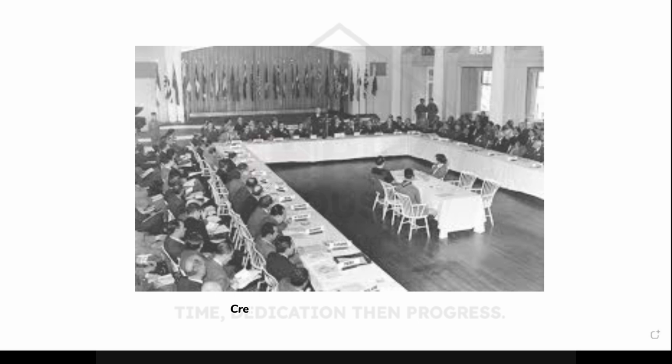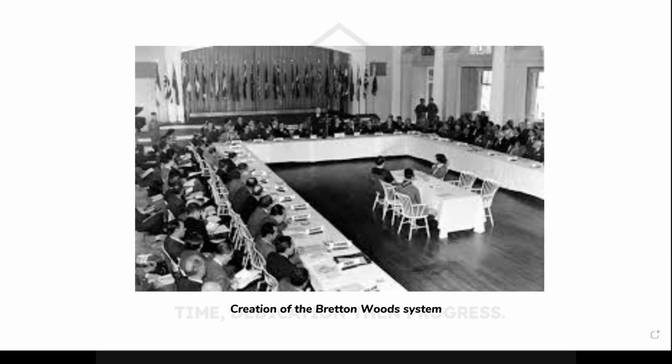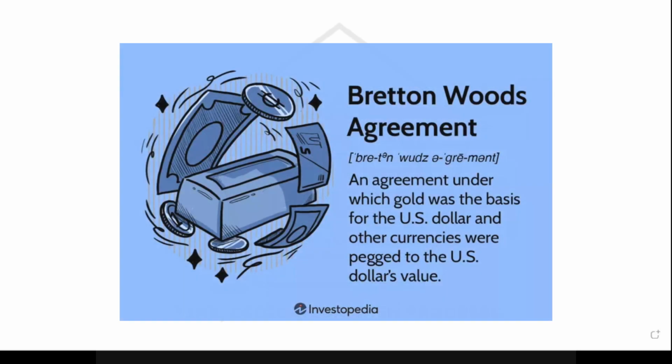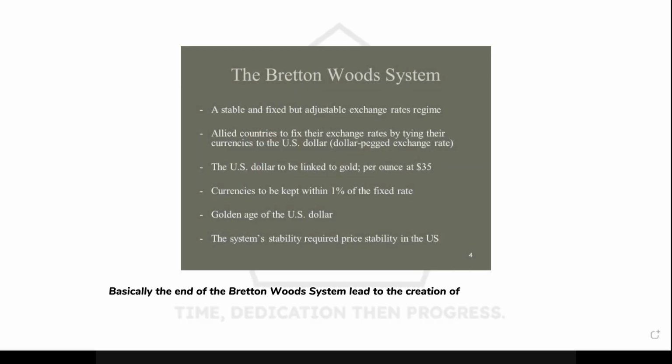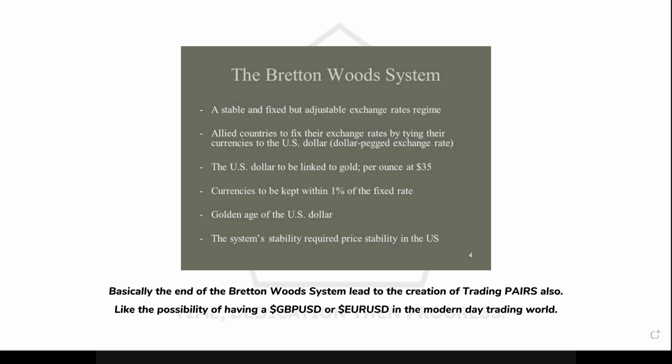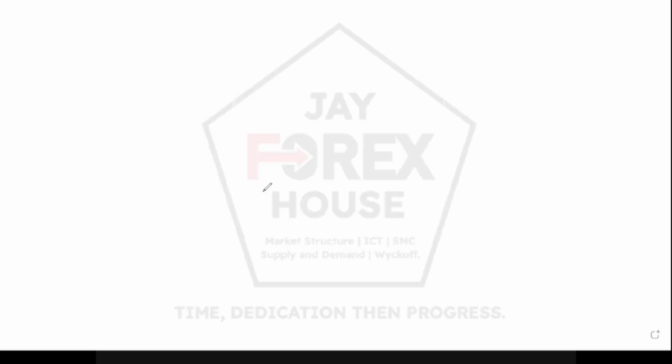Right, so if you go into details of the Bretton Woods system, you would understand that it involved the histories of World War I, World War II, the agreement between countries, and basically how the economies were run back then. This shift took place, and the technological advancement allowed traders to execute transactions electronically. This signifies a method by which you can now trade on your phone, and it brought us, the retail traders, who don't really have big funds or big institutions to back us up, into the system.